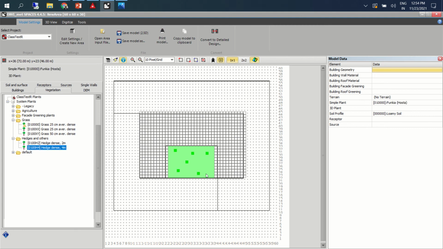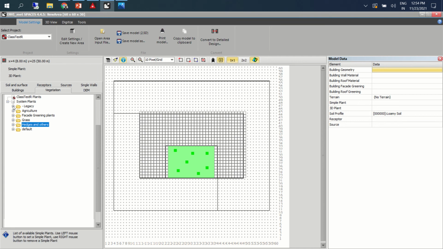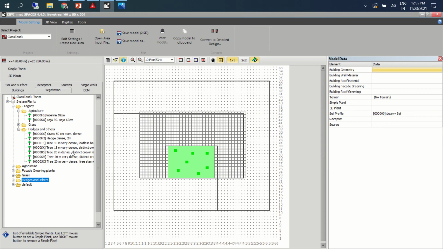Not trees, those are hedges. You can have more detailed things also. Okay, let's say tree dense 20 meter. Just put it somewhere here. Maybe 2.